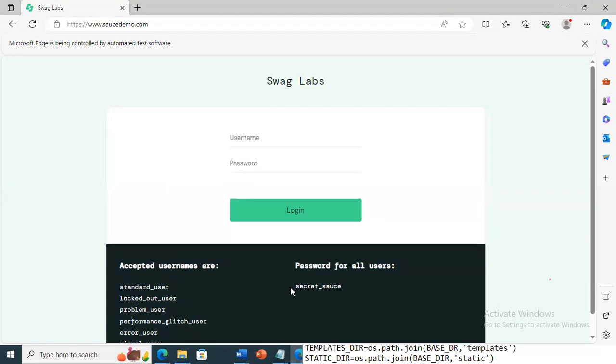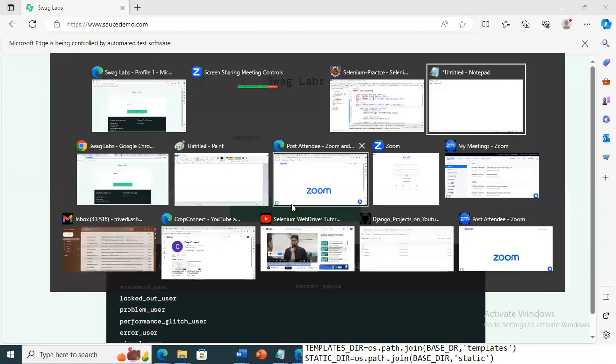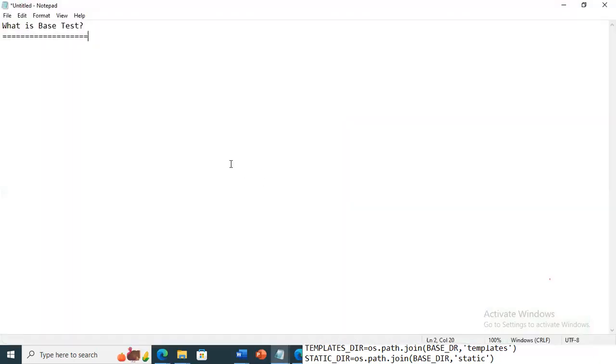A base test class is the class where we place common testing logic, and in whichever class you require it, you can just extend the base test class